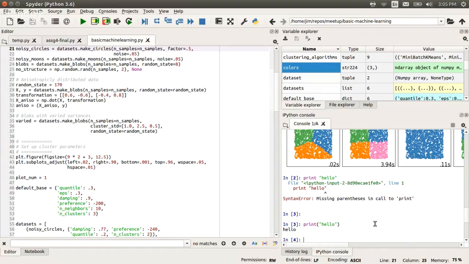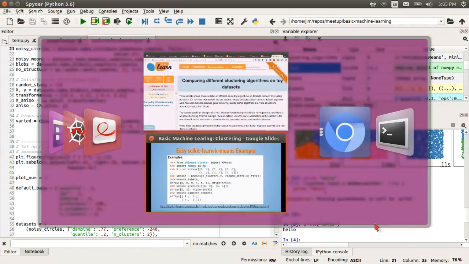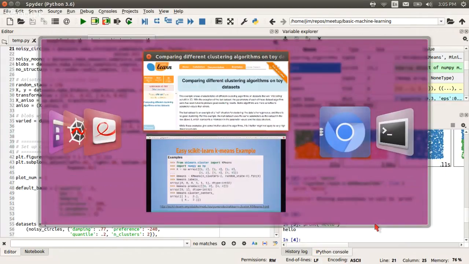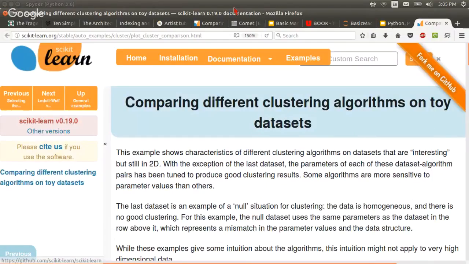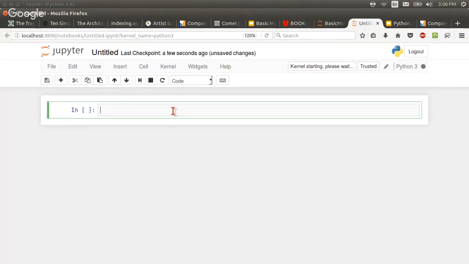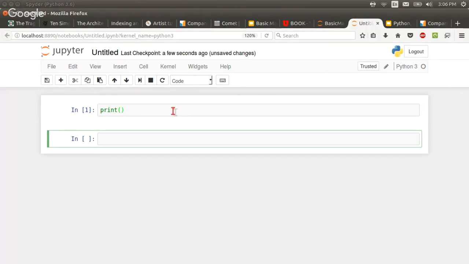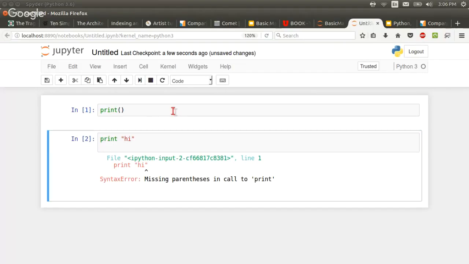So you can do that here, or you could go into Jupyter Notebook. You can go into a notebook, and let's just make a new notebook here. It's a really good question. I'm not going to spend too much time on it here, but basically, to me, this is just as easy. I come in here, print, and when you run it, you get the same error. So unless I'm missing your point.